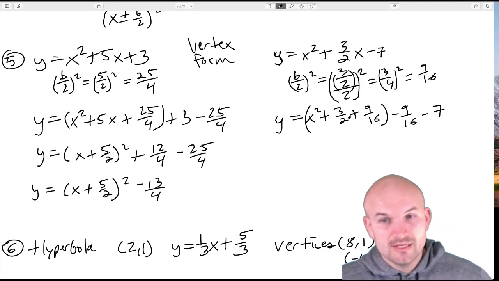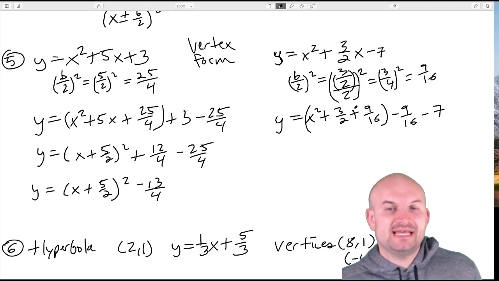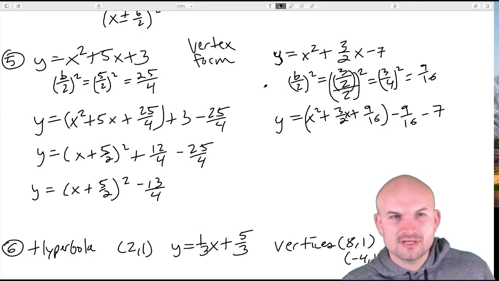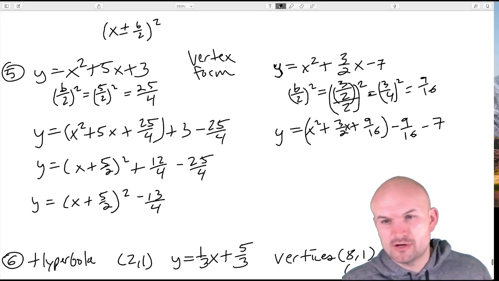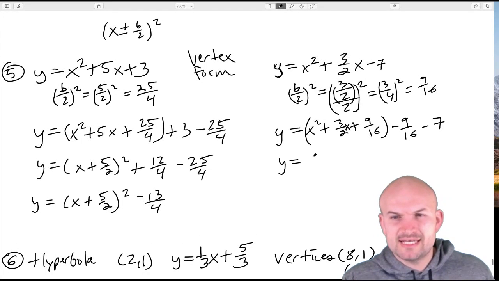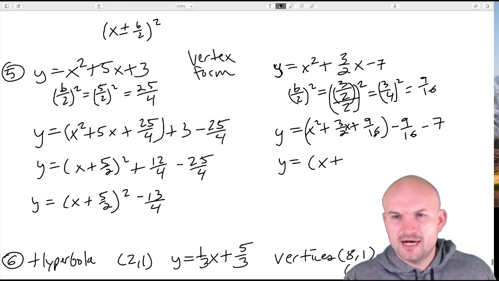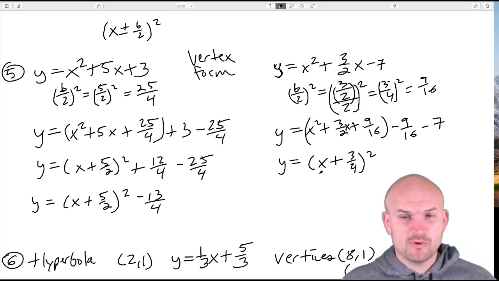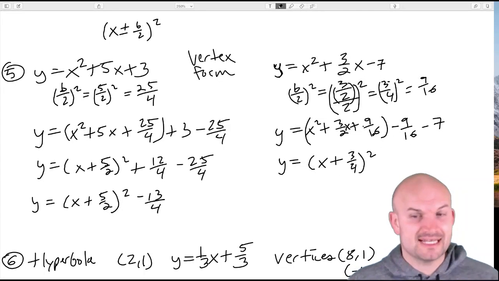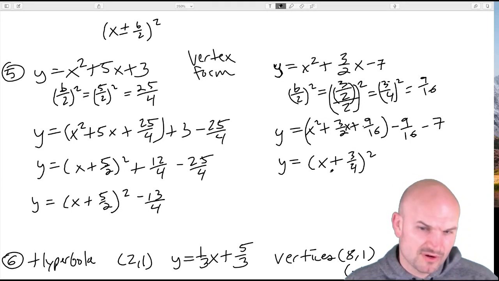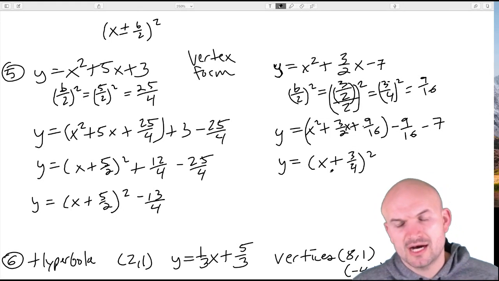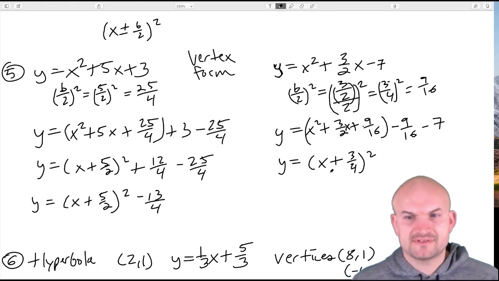Now again, what we're looking for here is our b. Oops, there's an x in there, isn't there? So again, this comes in the form of x plus b over 2. So y is equal to x plus, now b divided by 2 is going to be 3/4, squared. All right, now let's make sure the 3/4 squared works, right? 3/4 times 3/4 is 9/16. 3/4 plus 3/4 is going to be 6/4, which is going to reduce down to 3/2.